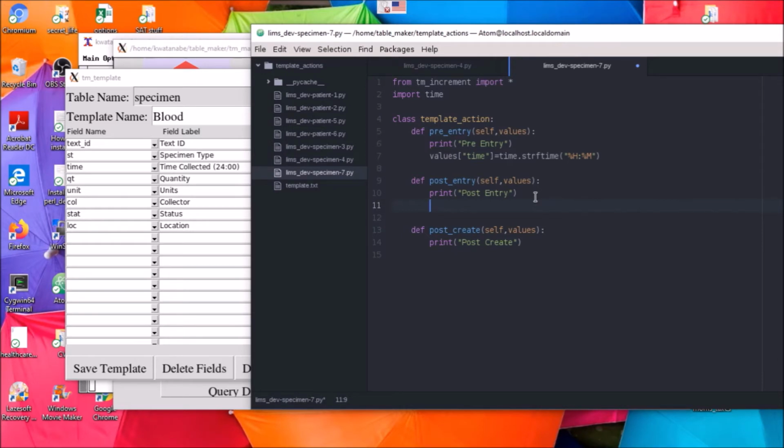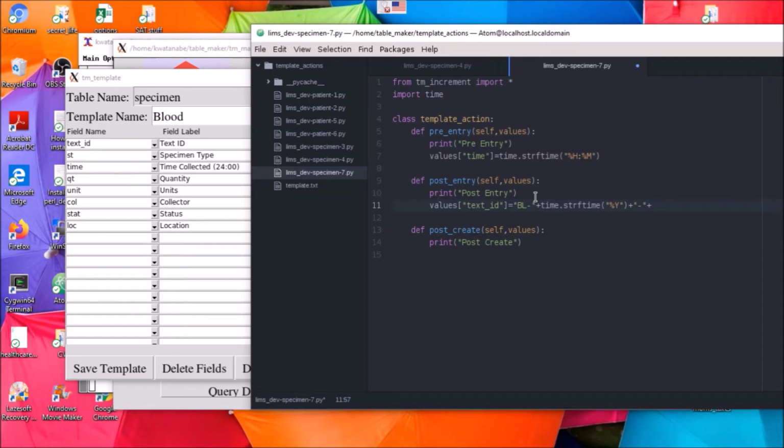And to do that, we'll say values text ID equals, and this is a blood specimen, so we want to begin with BL for blood, dash, and then we want to add the year. So to do that, I put time.strftime, and the current year is %capital Y. Okay, so that will give us the current year,